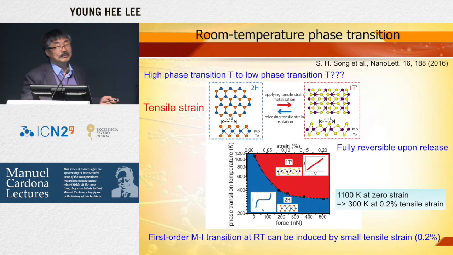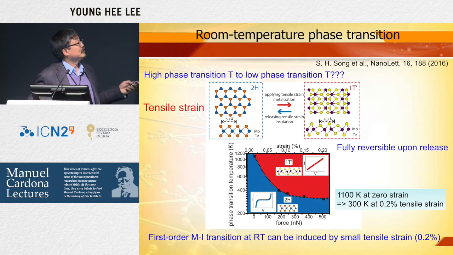Because this transition temperature requires more than 650 degrees Celsius, we wanted to play with this, for instance, for IR sensing. In this case, we want to reduce the transition temperature so that it works at room temperature. So we try to reduce it by simply applying a small strain. You can see the transition temperature is reduced down to 300, the room temperature, so that you can shine the laser and change the phase from 2H to 1T prime phase,